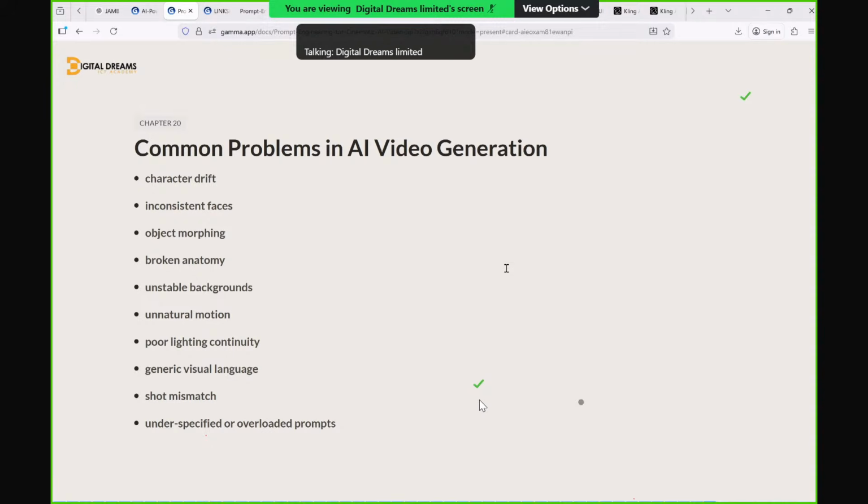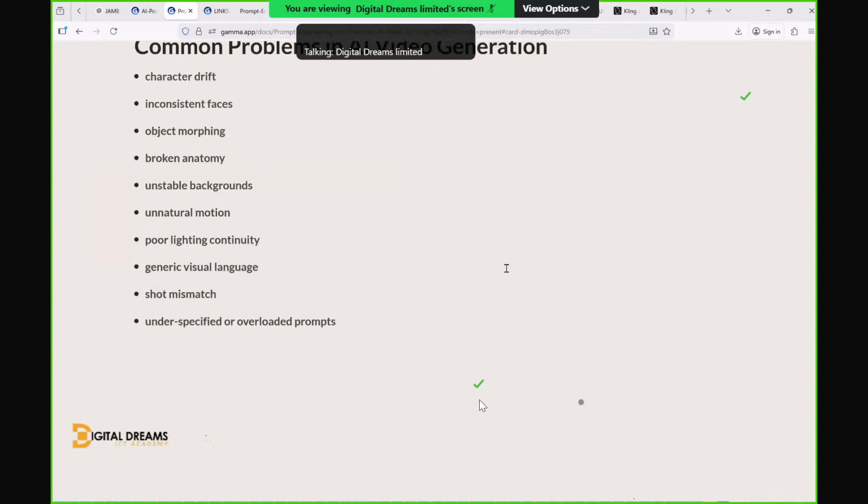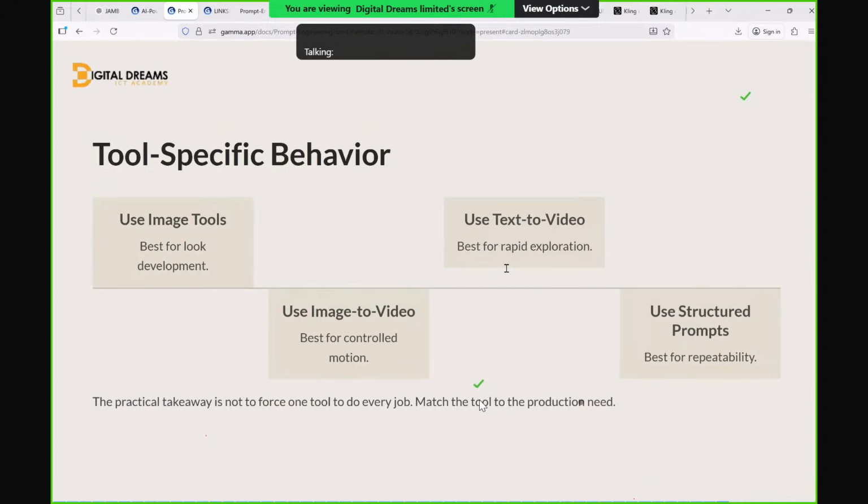Then poor lighting continuity, where you see the lighting change. Generic visual language, which doesn't work. Then shot mismatch, where the shots don't match. Then underspecified or overloaded prompts, where someone overloads the prompt and the AI gets confused and doesn't know what to do next. Okay, having looked at the problems, let's look at how to